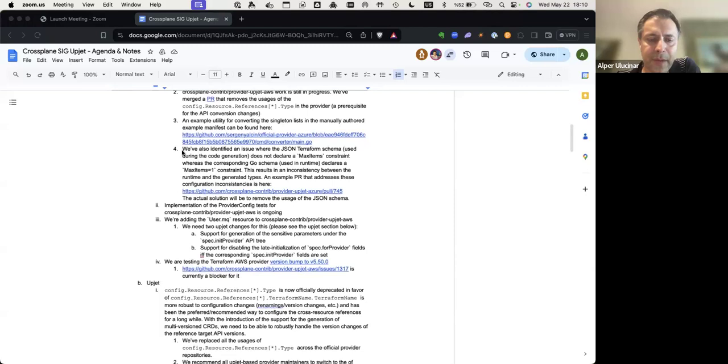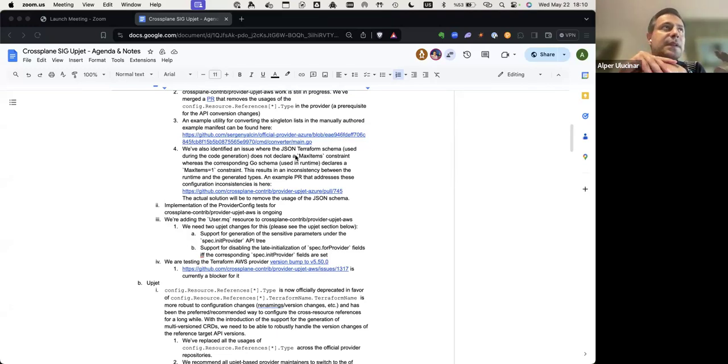There's also a hiccup here that we encountered while testing our resources. It turns out that in the official providers, we are using the JSON schema during the code generation phase. And in the runtime, we are using the underlying Go schema. We have recently switched to a new architecture that's more performant in Upjet-based official providers.